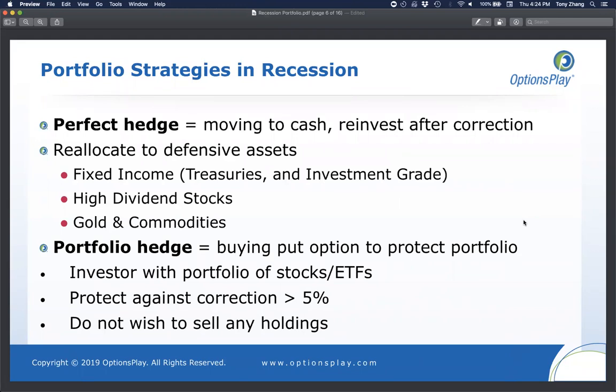CDs. Those are all potential safer investments, if you will, that allow you to effectively lock in your profits at the top and potentially reinvest them near the bottom as the markets correct during a recession. But keep in mind that we're not necessarily saying we're at the top and that you should start moving your assets to cash. We're simply saying that this is one of the options that you have when you feel that the recession is